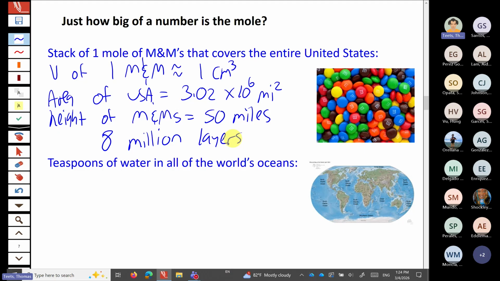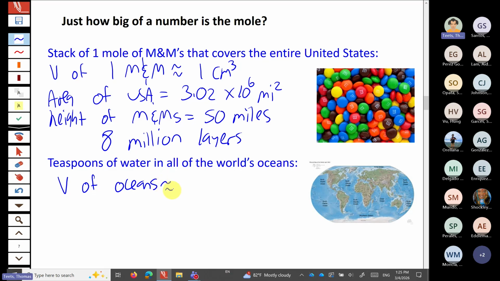So just, again, an unfathomably large number. Another one that's fun to think about is how many teaspoons of water there are in all of the oceans in the world. The entire world is like, what, 75% water, is what they tell you in grade school. I don't know if that number is exactly accurate, but it's probably close. And anyway, the volume of all the oceans